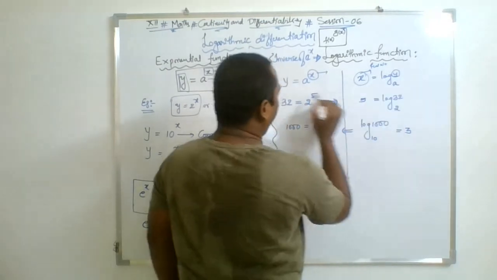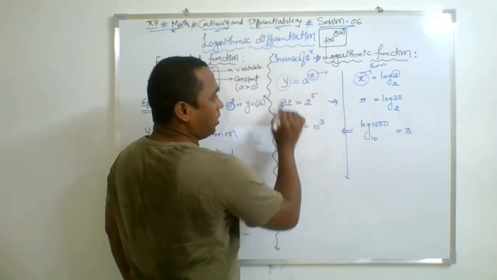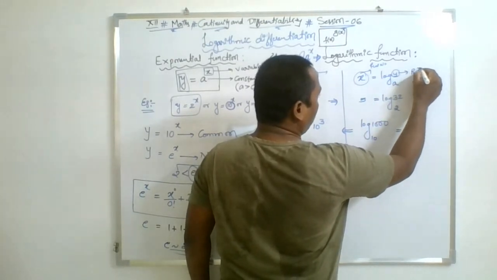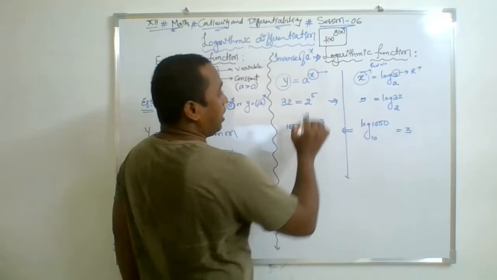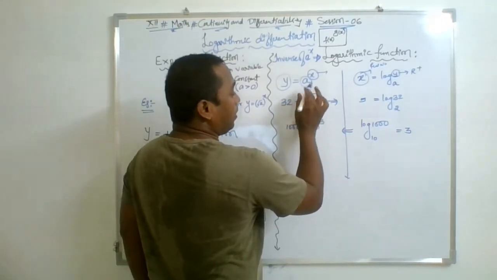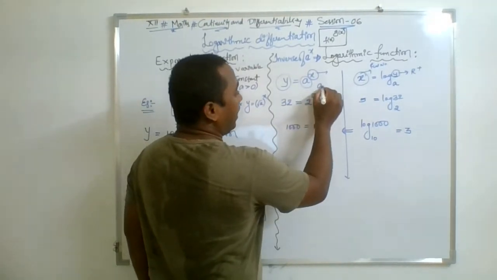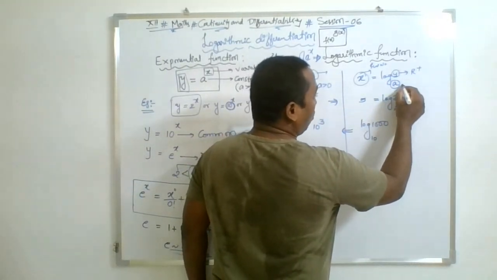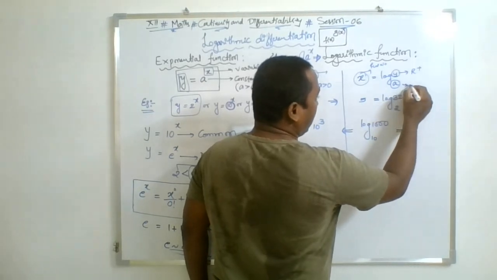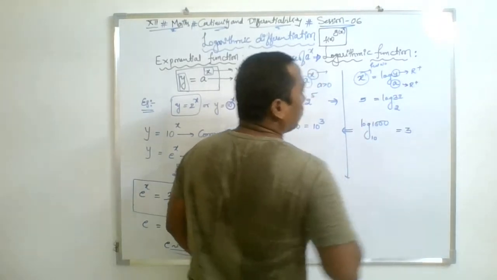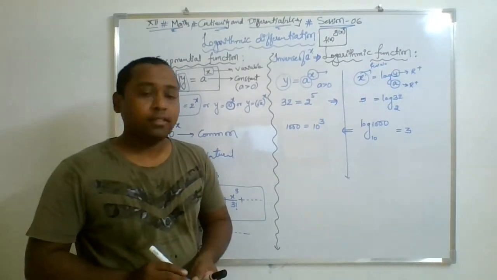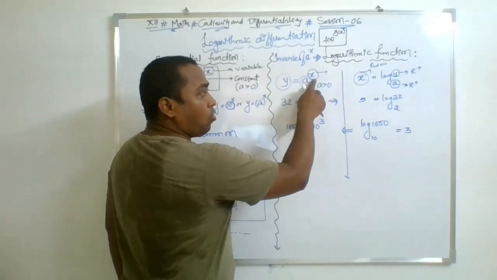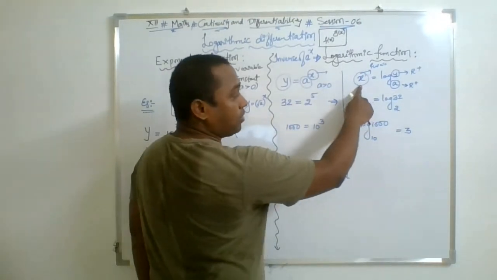And you know that the value of y is always a positive real number. Here also the log of this function always belongs to positive real numbers. And we also consider that the base of this function is greater than 0. Hence, here the base of the logarithm is also greater than 0, that is, we call it a positive real number. So hence I could say here x is called the domain, but here the x is called the range.